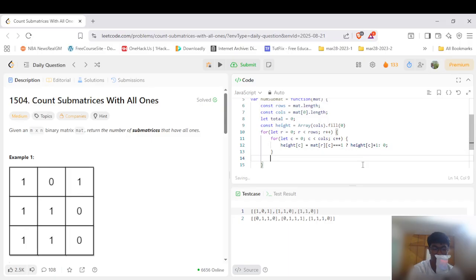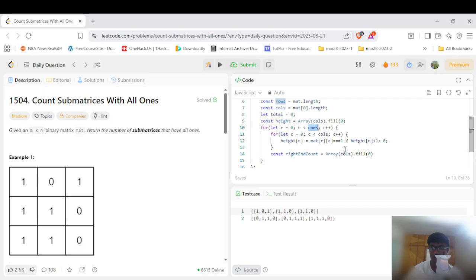Now it's time for us to also calculate the previous set of ones, or all the rows that have the next set of ones in them, right? So that we are going to keep track of in this array, right, and count, and that will be something similar. Rows, rows, columns,